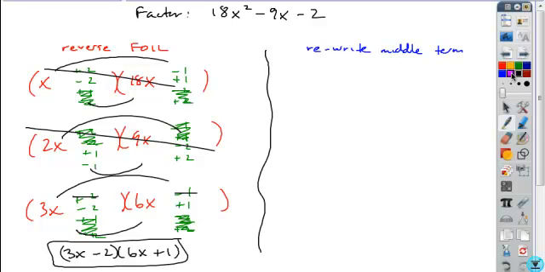However, if you chose to use the rewrite the middle term method, what we could do here is we could take the product of our leading coefficient and constant. 18 times -2 is -36. What two factors of -36 have an overall sum of -9? -12 and +3. So if we rewrote that middle term as the sum of -12x plus 3x, drop our first